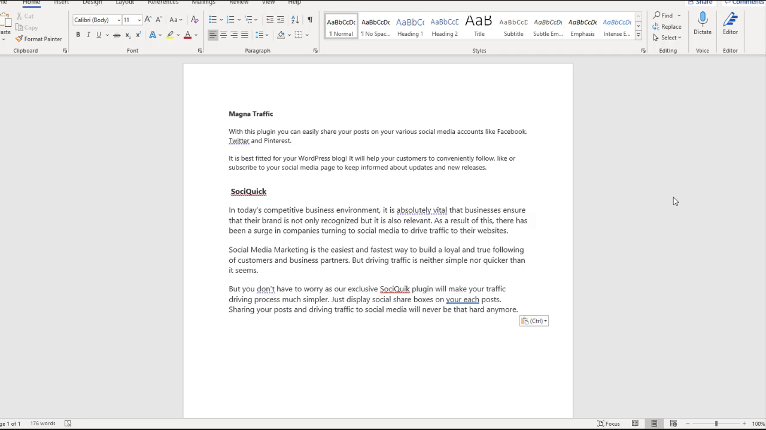So one of these 14 of them here that looks promising and will help you increase your traffic sources, of course, is the Mega Traffic. With this plugin, you can easily share your posts on various social media accounts like Facebook, Twitter, and Pinterest. It's the best fit for your WordPress blog. It will help your customers conveniently follow, like, or subscribe to your social media page to stay informed about updates